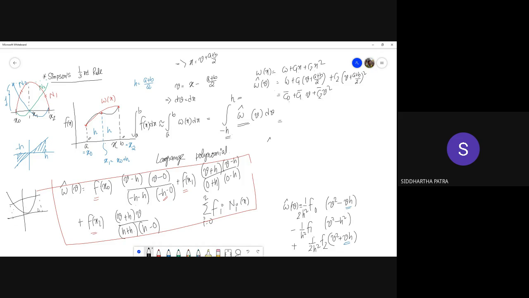If it is like a rectangle, it is like 2 rectangles from 0 to h. Same thing happens to the parabola. The area under the parabola between minus h to 0 is the same as that of 0 to h. Irrespective of the parabola, whether it's a parabola like this or like that, the area is twice. So I can write it to be twice between 0 to h,